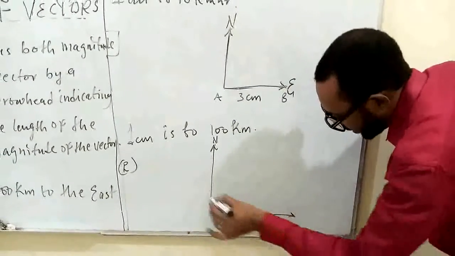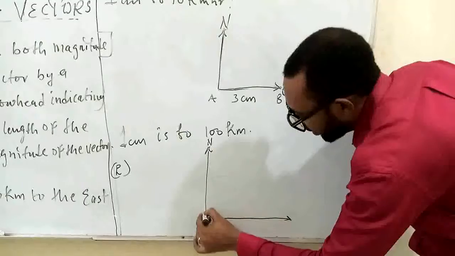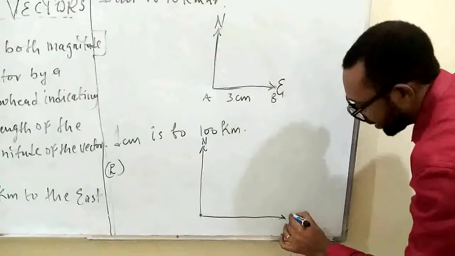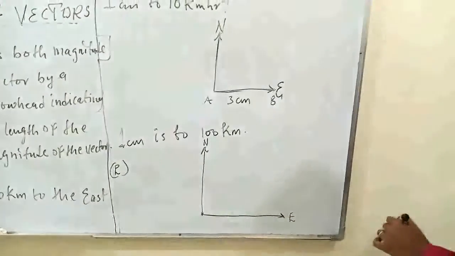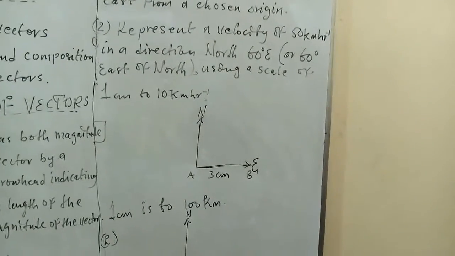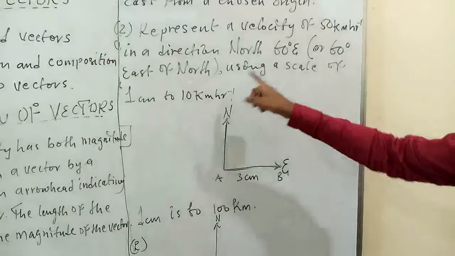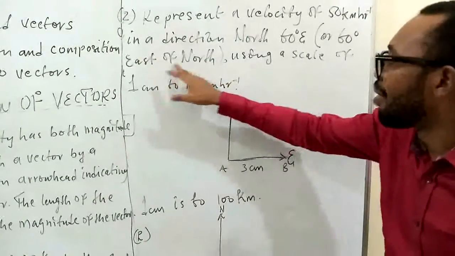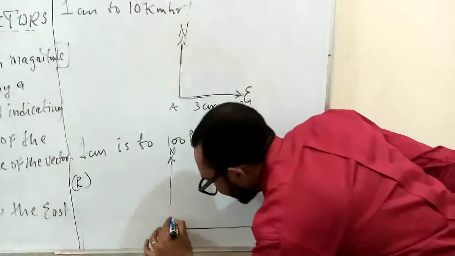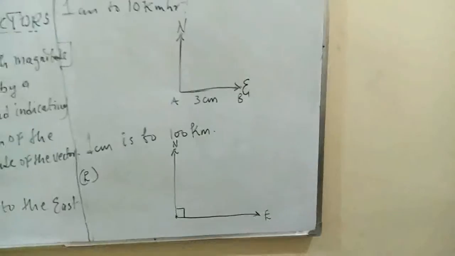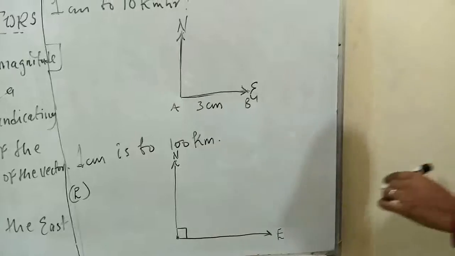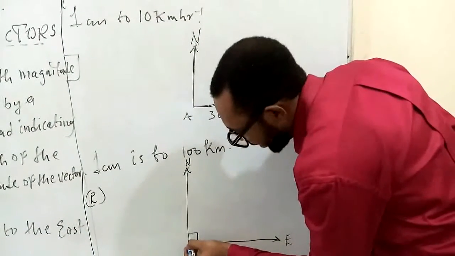Of course, let's say this is a quadrant. I have removed the south and the west, so I have a bracket with the north and the east. If we are to draw a vector of this sort, the vector is 60 degrees east of north. Now this angle that is created here is not 60 degrees. This is 90 degrees. You see it? That's 90 degrees. If we are to represent it, 60 degrees will be somewhere here,